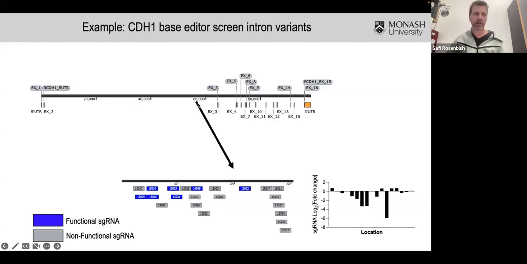We don't think that this is related to splicing. It could be, but because it's kind of far away from the exon, we don't think it is related to splicing. And we're now looking at how these intronic regions might be mediating CDH1 function. This is very important because it opens up a whole new way of looking at these variants, because currently most of the genomic approaches are not actually measuring the intronic variants and what they are doing. So this is an important and interesting vignette that comes out from these kinds of screens.